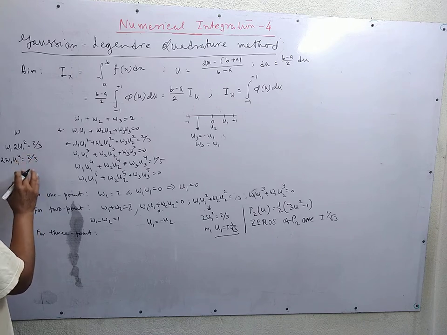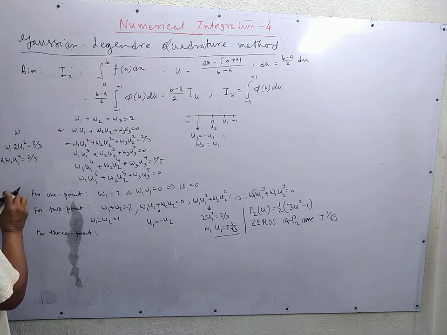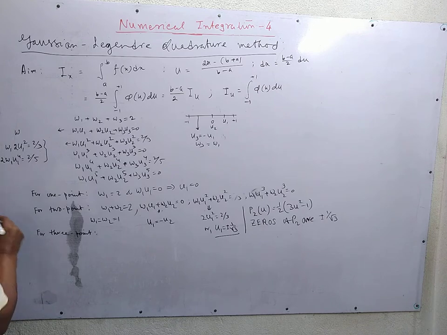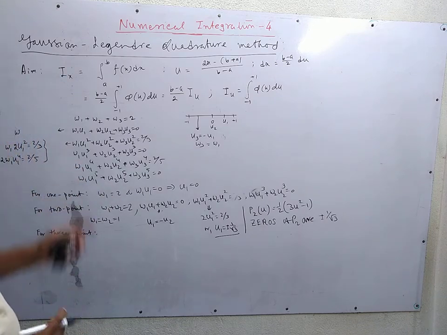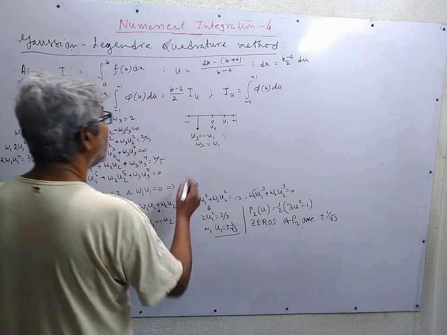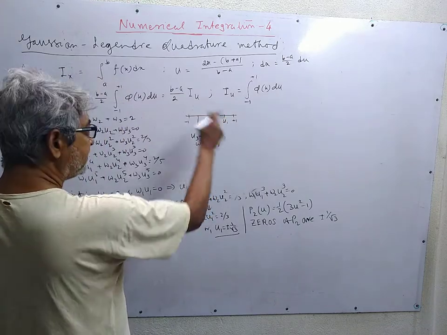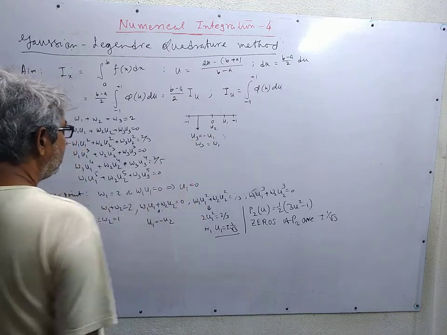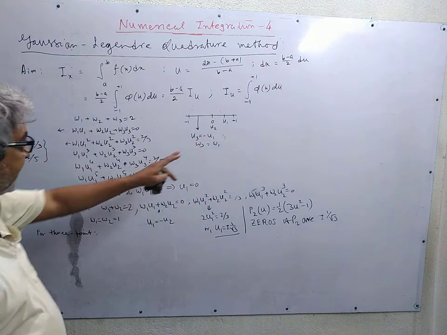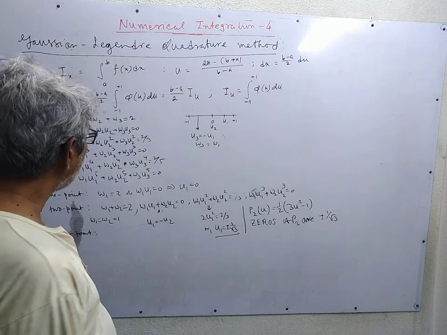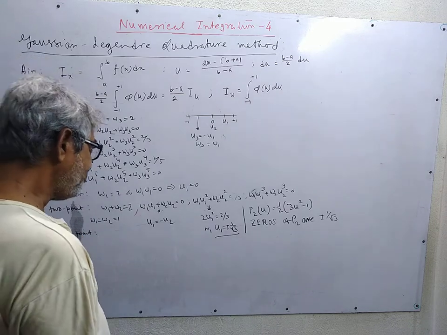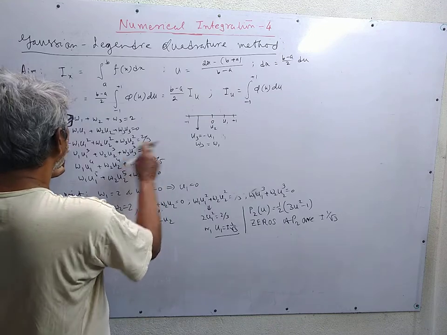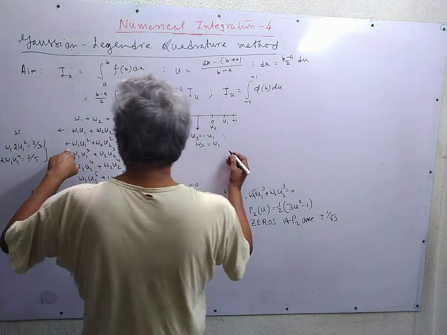When we solve these two equations, let me write, we first argue for the 3-point formula. We argue that u2 is 0 and u1 and u3 must be symmetric, so u3 is equal to minus u1, and the way to be sure is that w1 and w3 are the same. So we come to this equation. With u2 equal to 0, we get